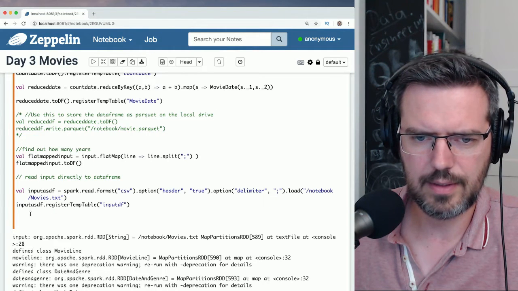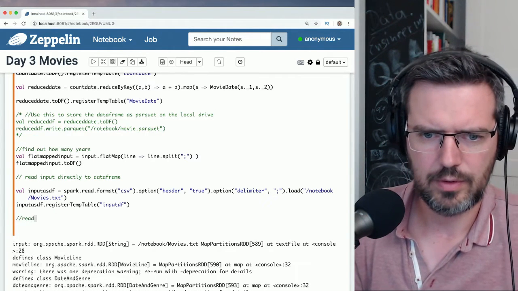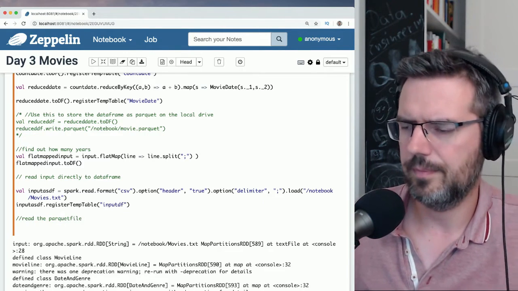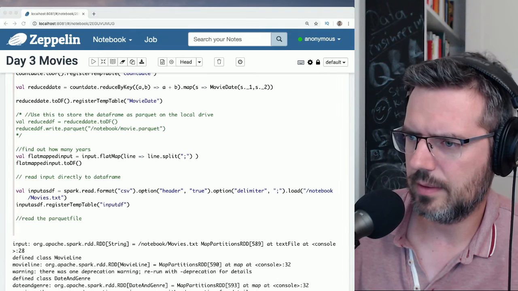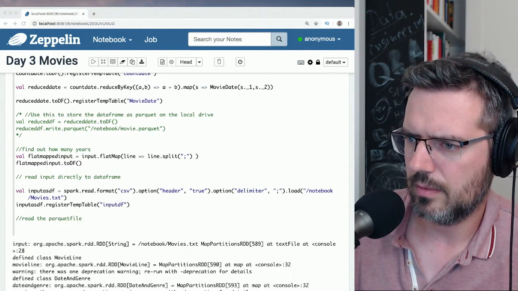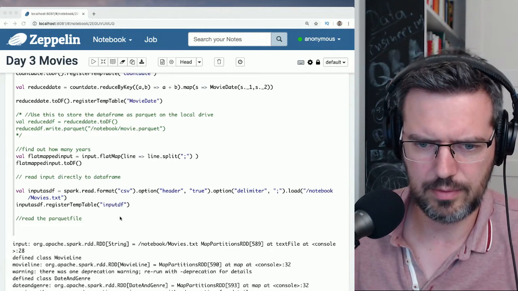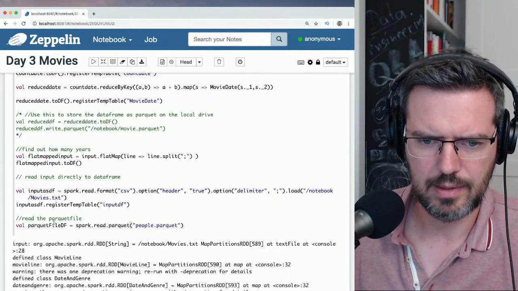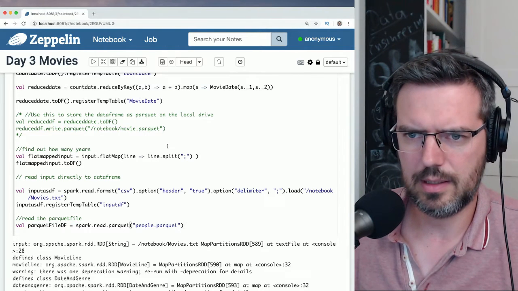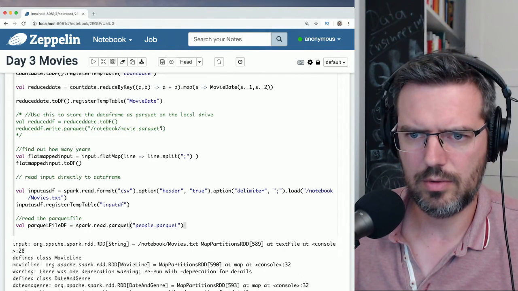let's read something. Read the parquet file. Let me just copy this over. This should be super simple. Spark read parquet, and then we take this thing here.